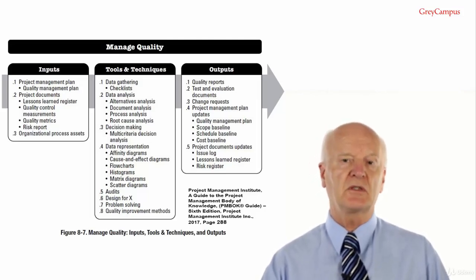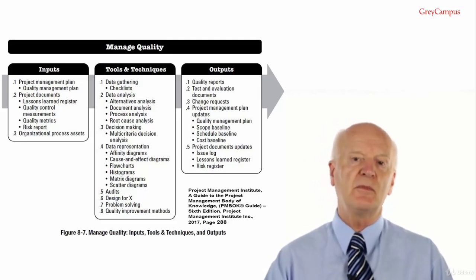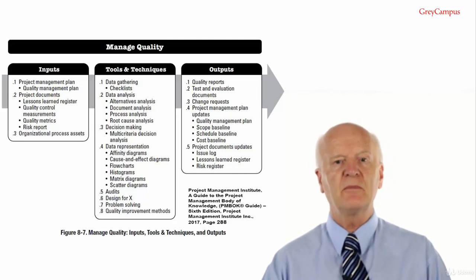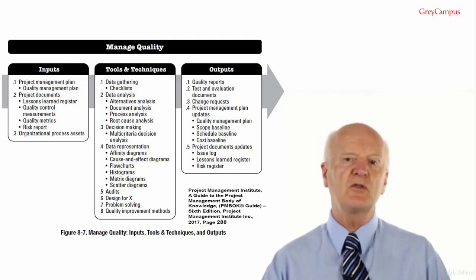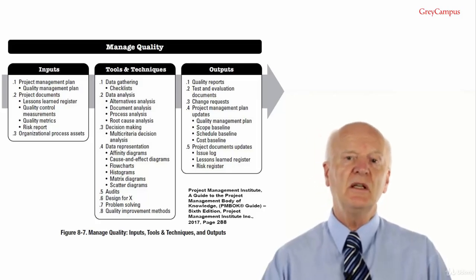Manage quality outputs. Number 1 is quality reports. The quality reports can be graphical, numerical or qualitative. The information provided can be used by other processes and departments to take corrective actions in order to achieve the